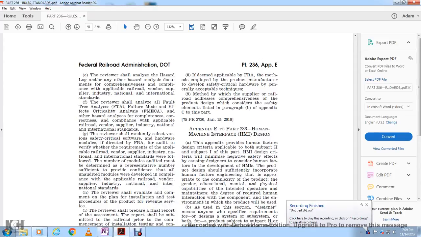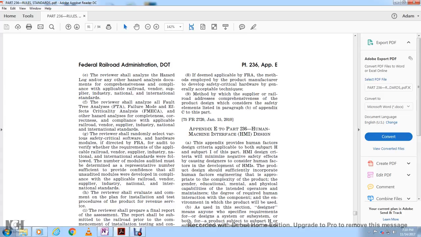Appendix E, 236, the Human Machine Interface Design. The appendix provides human factor design criteria applicable to both Subpart H and Subpart I, with the part of the Human Machine Interface Design with criteria to minimize the negative safety effect of the desiring to consider the human factor development. The human machine interface of the product design should be sufficient to incorporate the human factors in engineering with